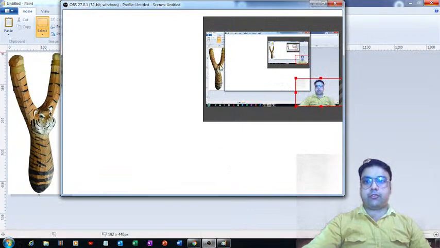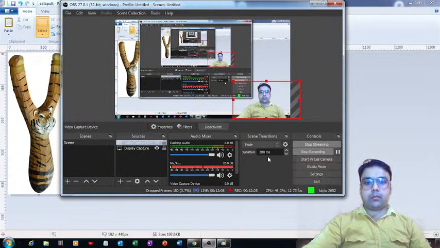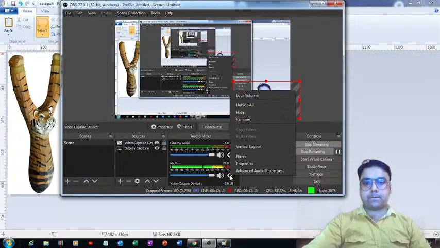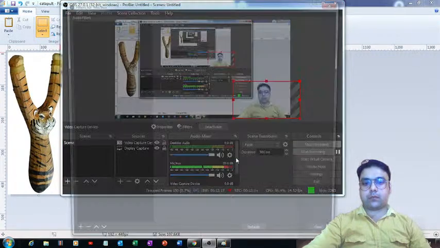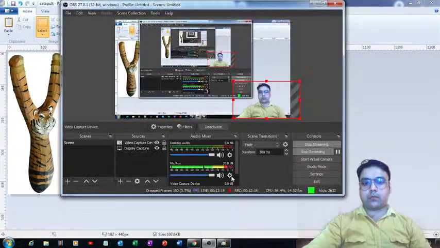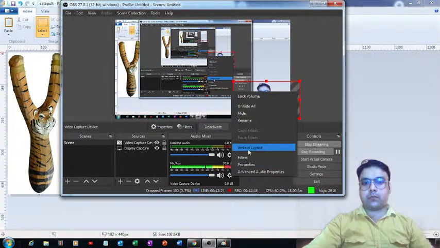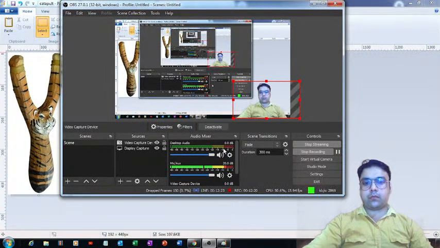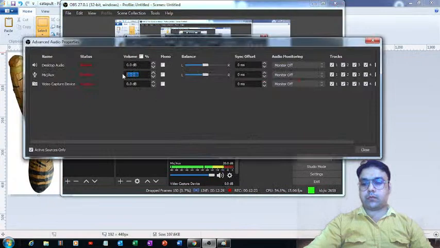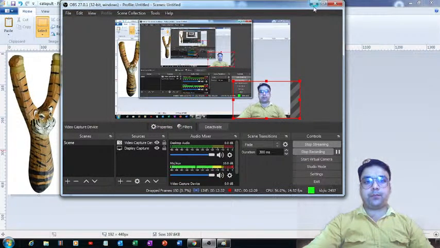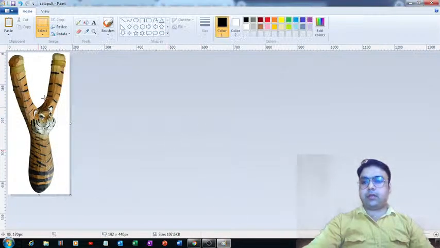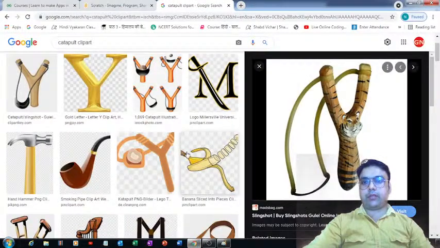You have to give me a short moment. I have to just make some changes over here. Much better, I think. Yep. So I'm done with saving the image on my desktop.